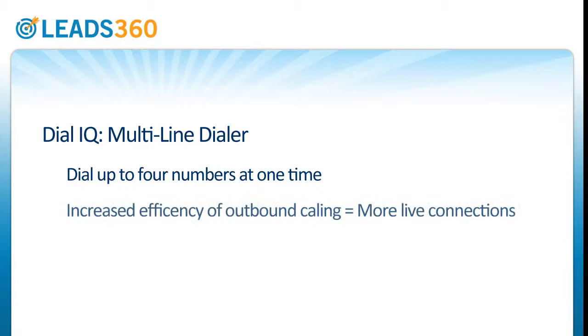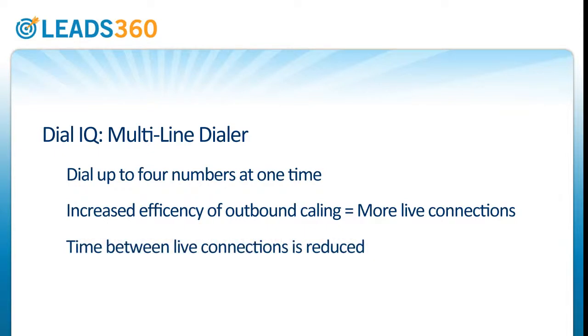DialIQ Multi-Line Dialer. The DialIQ Multi-Line Dialer gives users the ability to dial up to 4 numbers at once. This greatly increases the efficiency of outbound calling and drives more live connections. Depending on the call list, a high number of sales calls can be placed to numbers that are busy, disconnected, or otherwise unavailable. When up to 4 phone numbers are dialed at once, the time between live connections can be